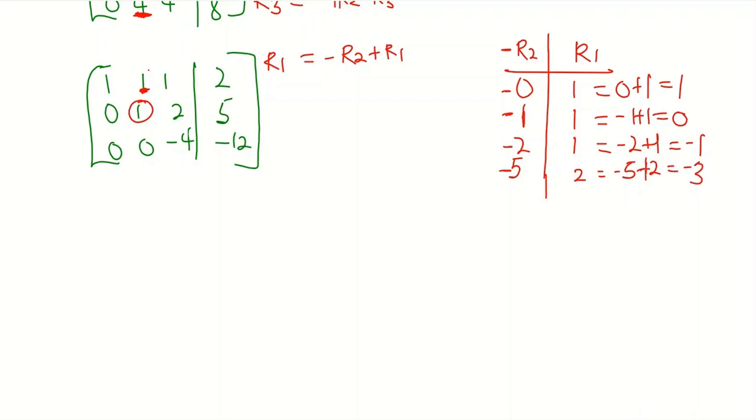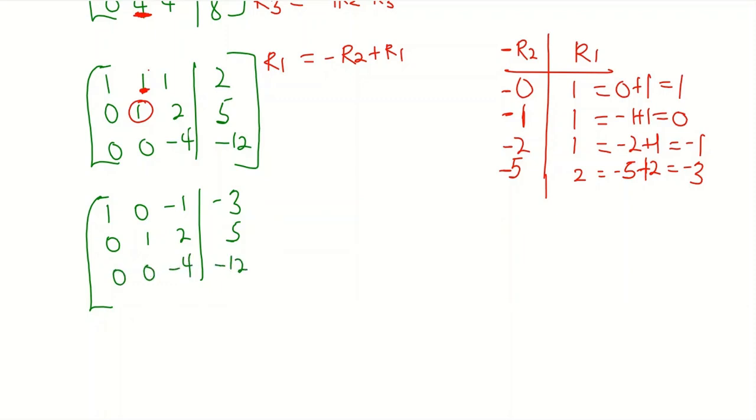And so our new matrix can now be written as, so in row 1 we have 1, 0, negative 1, negative 3, and we maintain the same values for row 2 and 3, and we have 0, 1, 2, 5, and we have 0, 0, negative 4, negative 12. Now with this, our next agenda is for us to change this minus 4 to 1, and since that is going to happen in row 3, you can write row 3 is equal to, so now we have minus